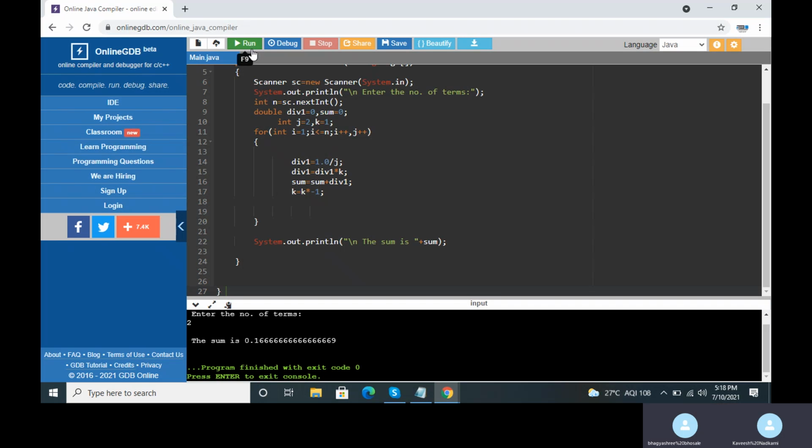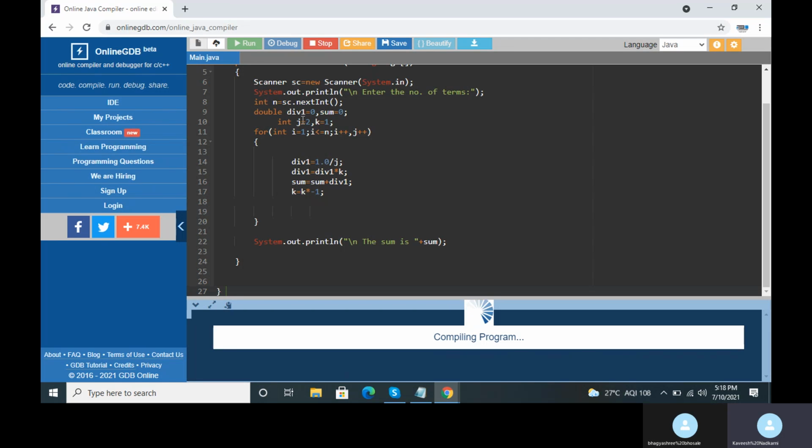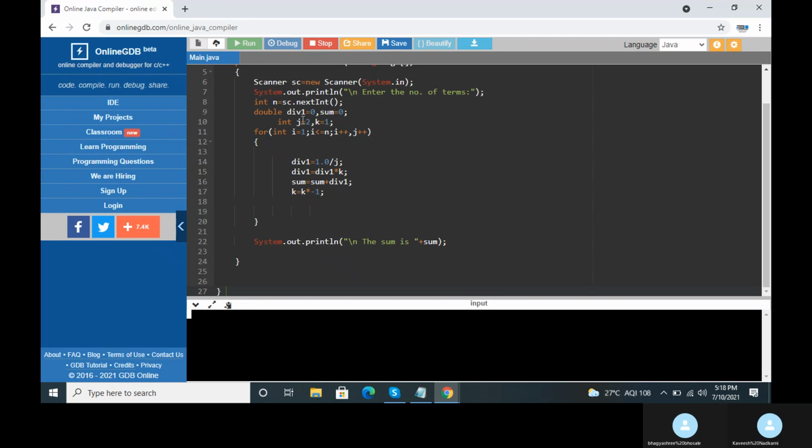Clear? Yeah. If I do for three terms now, so for three terms what should come? First of all, 1 upon 2 minus 1 upon 3 makes it 1 upon 6. Right? Yes. And 1 upon 6 plus 1 upon 4 now here. Now what is the LCM of 6 and 4? I think the LCM of 6 and 4 is 12, Riya, right? Yeah. So 1 upon 6 plus 1 upon 4, how much will it be, tell me? LCM is 12. Yes. 2 plus 3 means 5 upon 12, right?